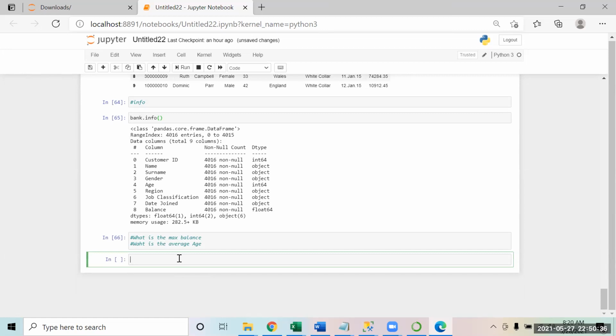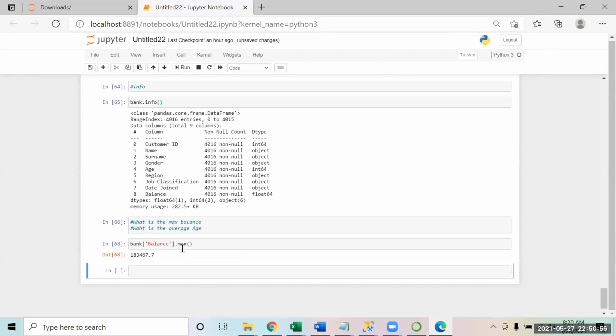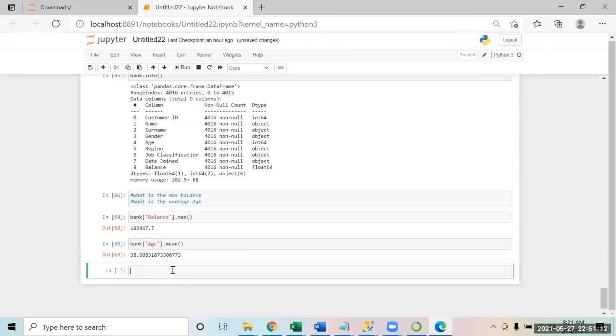To find the maximum balance, I have my variable bank, and from here I just use the balance column. If I pick balance, it gives me only the balance values, and from this I pick the maximum value. Same way, to find the average age, I say bank column of age dot mean. So the average age of a customer is 38.6.